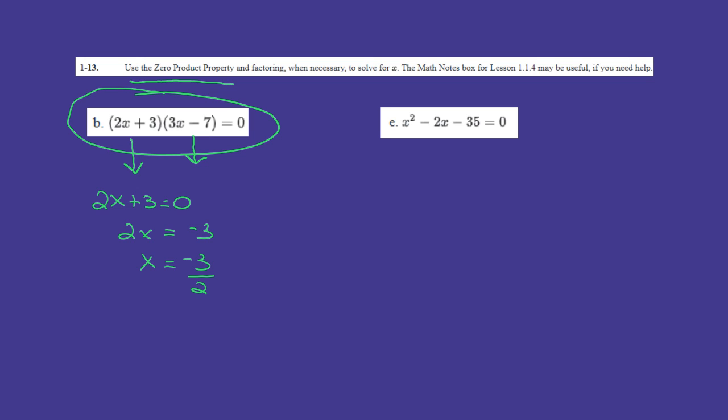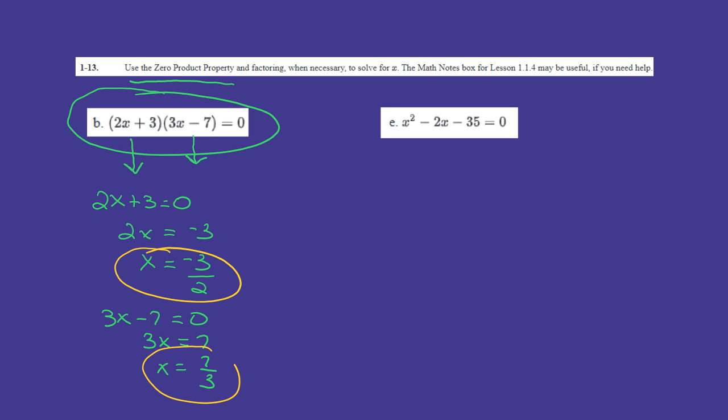So we would do the same thing for 3x minus 7, so we might as well finish that one. So you would add 7 and divide by 3. So those are your zeros. So if I am kind of giving you what the solutions are, those are the zeros, the solutions for that particular problem. Okay. Now, another thing you need to know, I am only doing 4 of these, of the 6